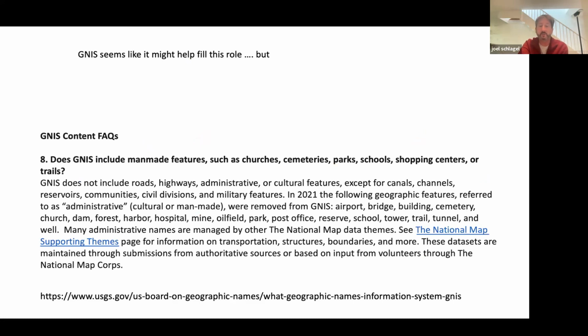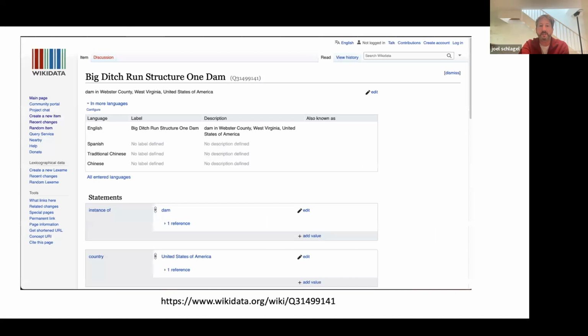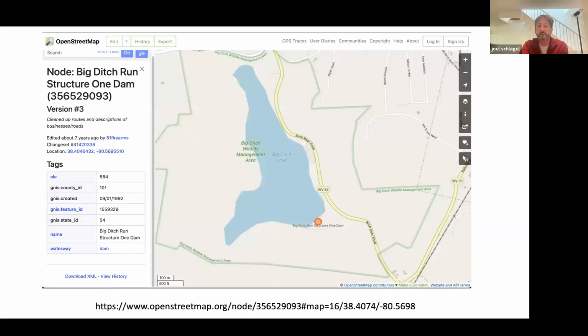I for quite a while considered using Genus for this, but it's not quite the right data set. I considered using Wikipedia, or Wikidata, as a source of integration, but then I really spent a lot of time going through